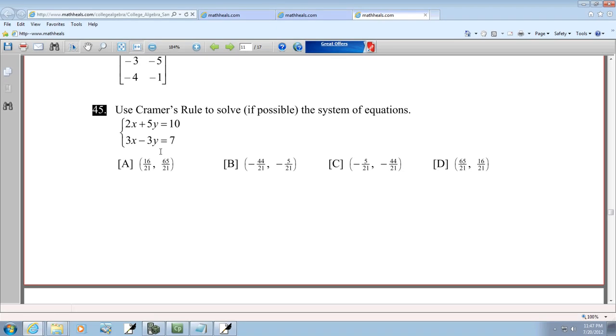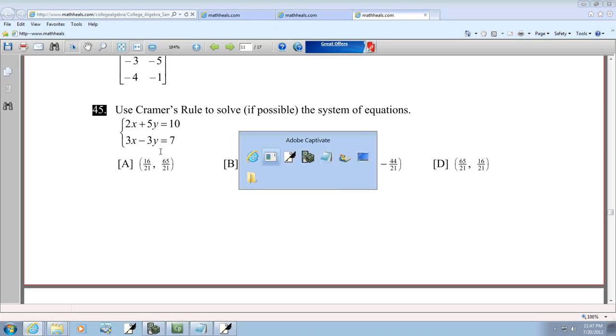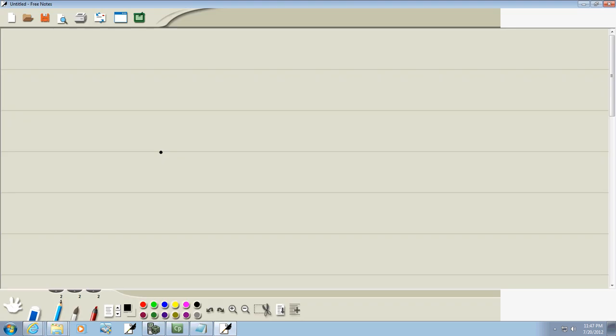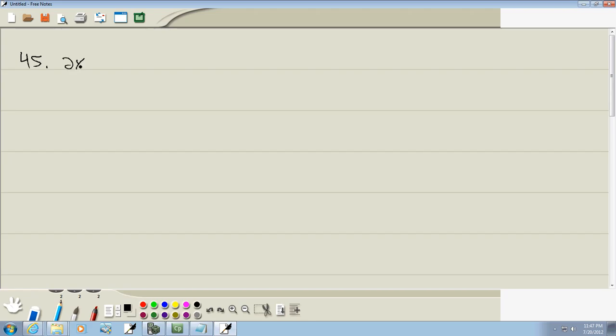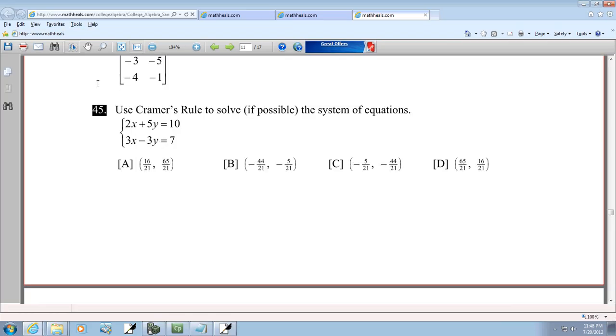Let's take a look at number 45 on a calculator first, and we'll do it by hand. Now, on a calculator, anytime we've got a linear system of equations, we're just going to use RREF. It's so much easier. So let's see what we got. 2x plus 5y is equal to 10, and 3x minus 3y